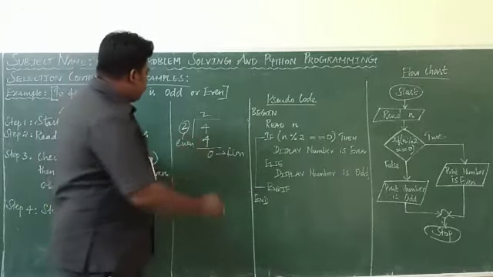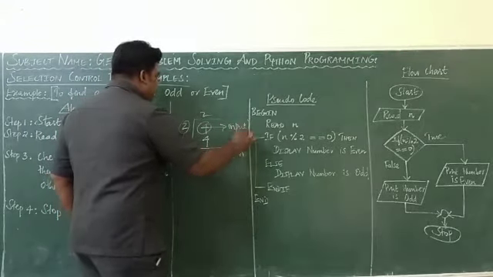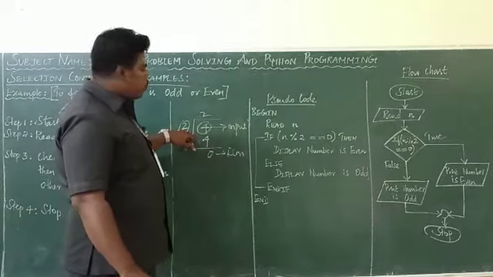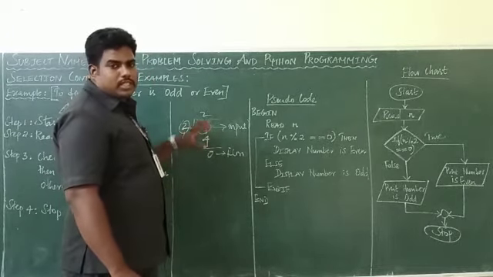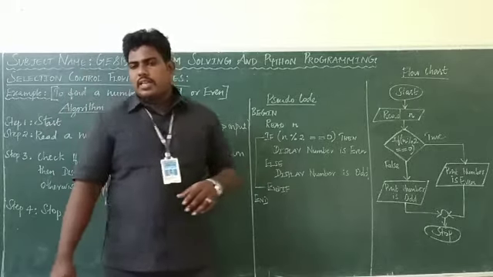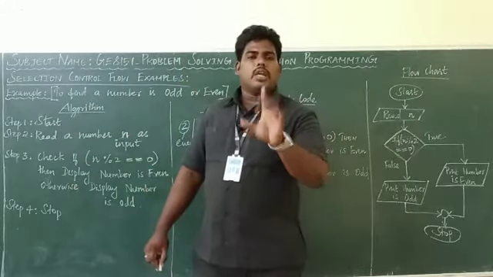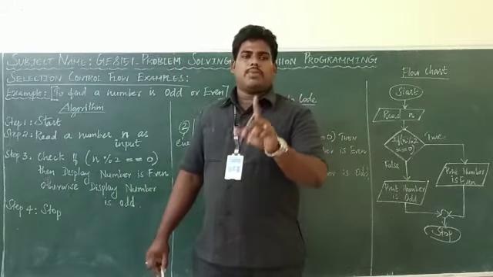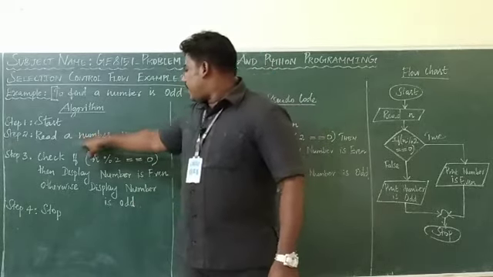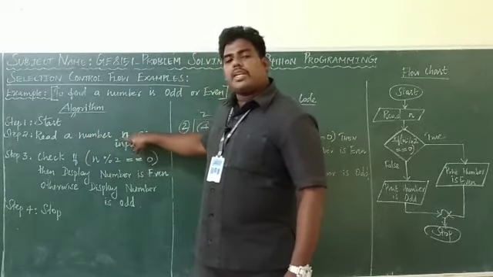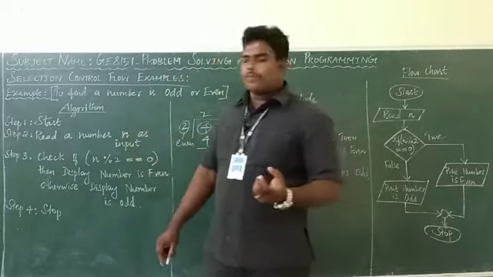The particular input number, this is the input, right? The input number is to be divided by 2. If the remainder is 0, then we can say it is even. This is the logic, right? So we can see the algorithm. First, start the program. How many inputs are required? Only one input is required. The particular input I am going to check by dividing by 2. So read a number n. What's the variable name here? n. So n is a variable used to store the input from the user.